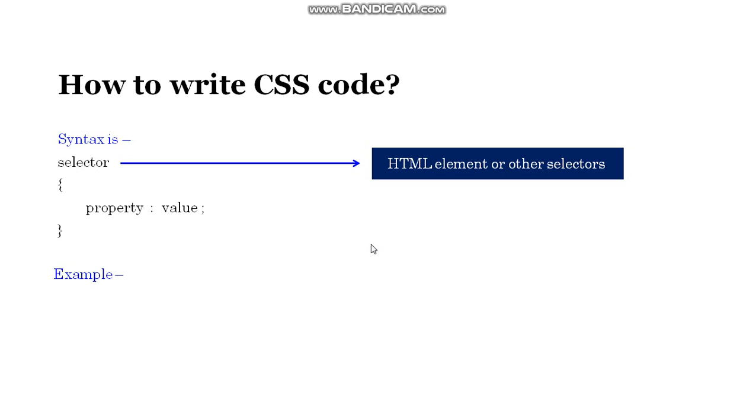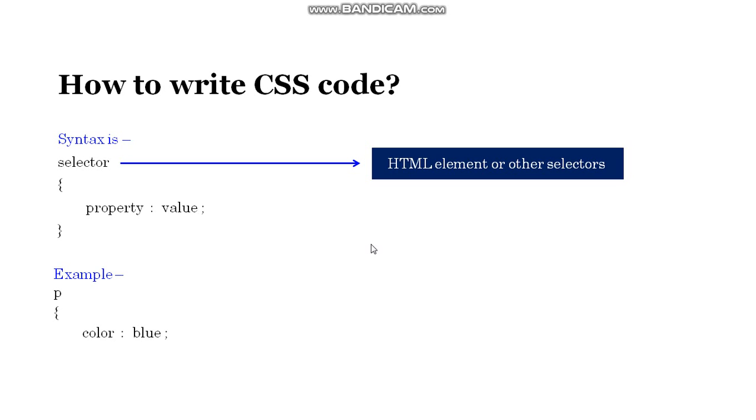In this case, our selector will be P because it represents the paragraph element of a web page. If we want to change the text color, we have to write the property color and the value is blue. Now in this case, for the color name, you can use any predefined color name or hexadecimal code or RGB value. It is just like HTML.